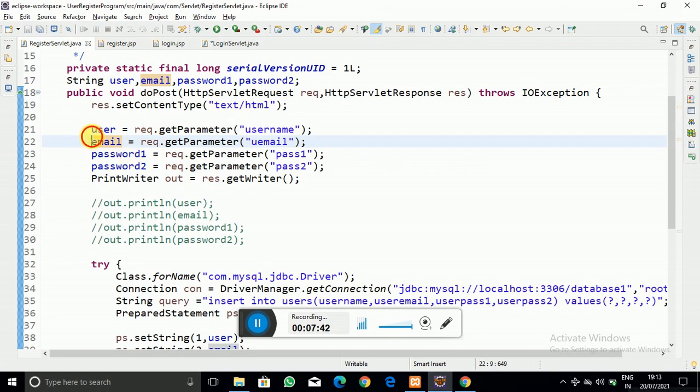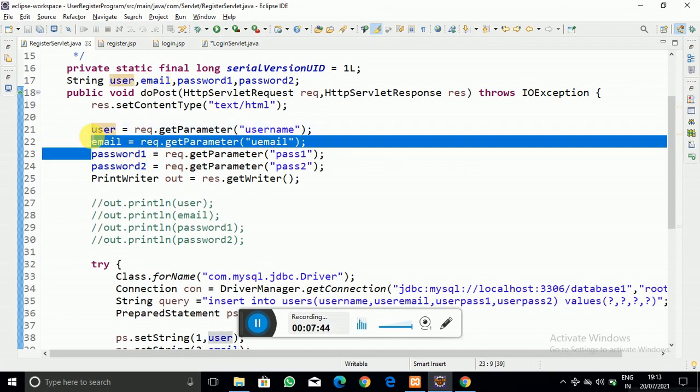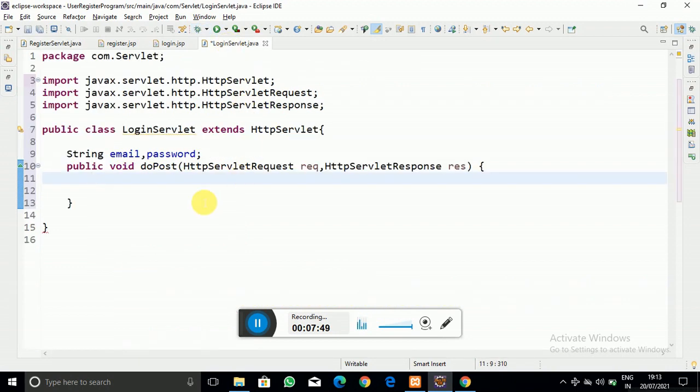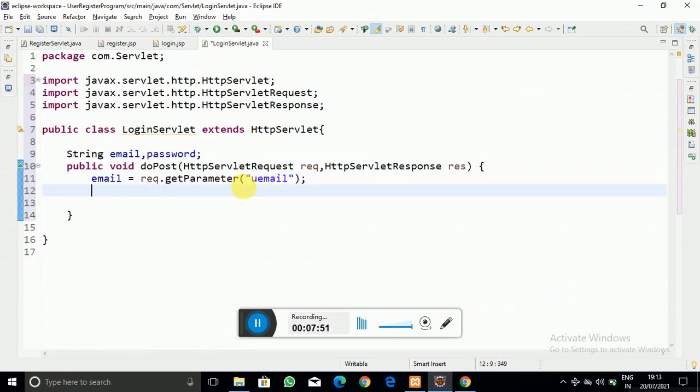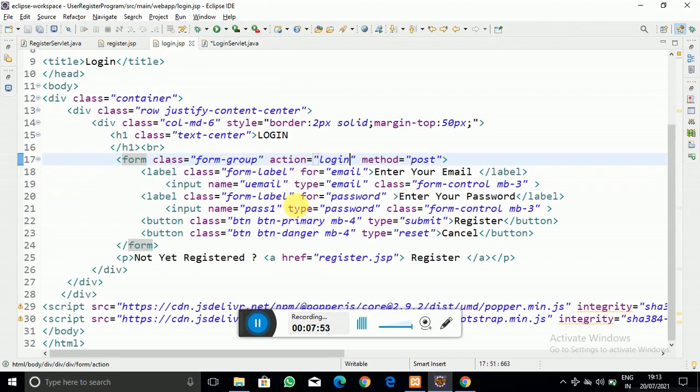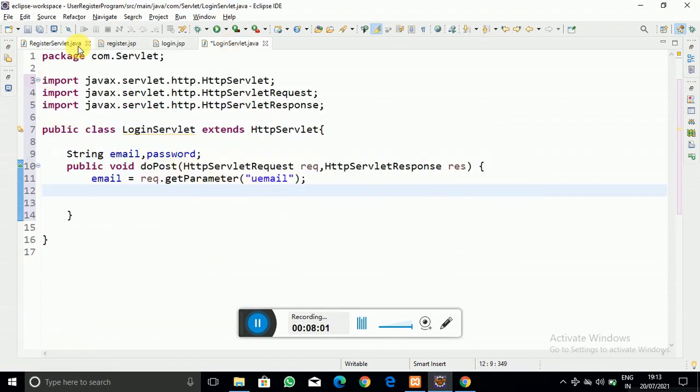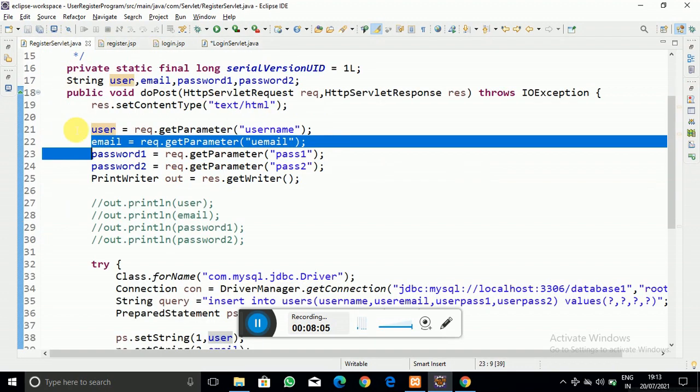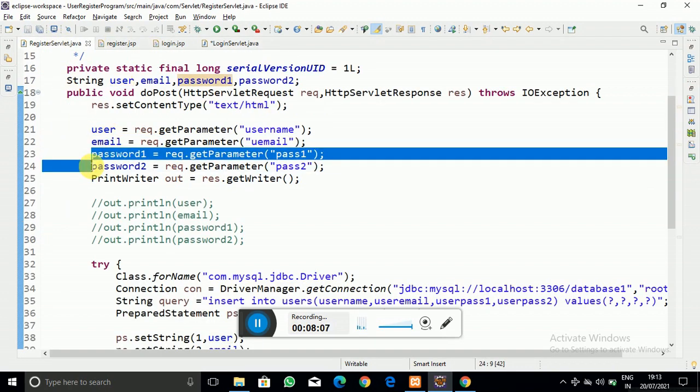So let us take it from the registration servlet itself, that is email equal to request.getParameter, and in login.jsp the input name attribute is uemail, so here also uemail, and we are going to accept the password also.